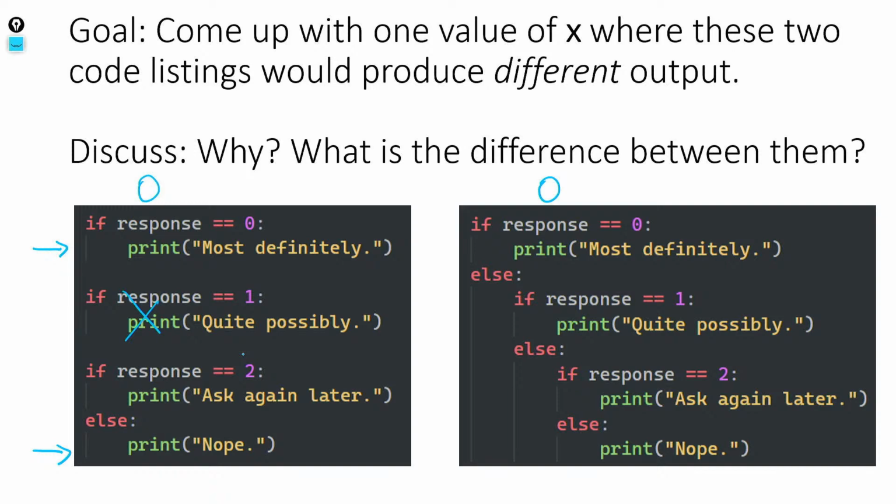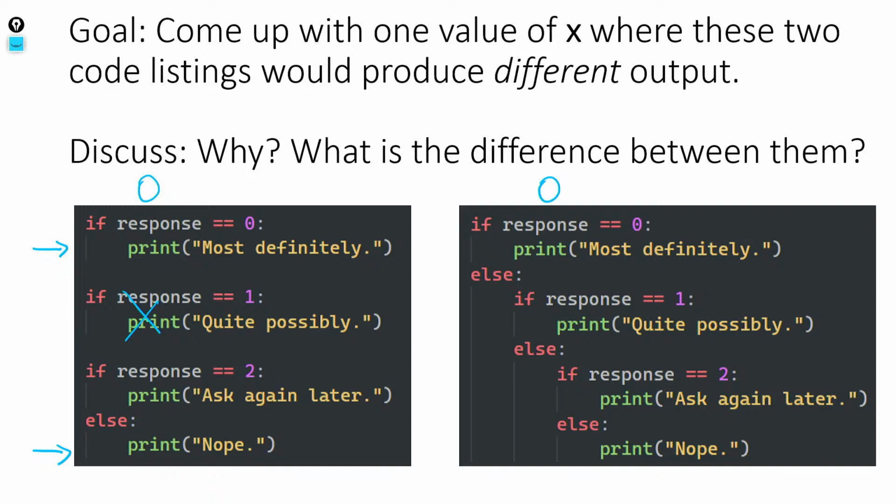This is a source of potential errors, like we probably didn't mean to print nope in the left-hand side example here. And so we tend to be careful when we reach a point in our program where we want to express that only one of many different paths can happen. You tend to want to or need to use a nested if-then-else statement. So if one thing's true, we'll do something. Else, if something else is true, we'll do that. Else, if something else is true, we'll do that. And only one of those 4 paths will ultimately be evaluated. Questions on this example?